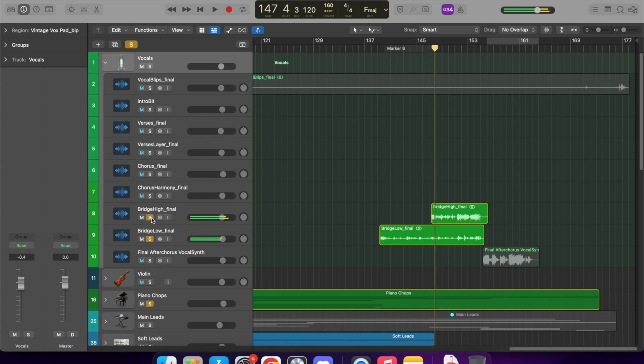So you hear how it kind of opens up to those higher frequencies. I just thought that it sounded cool. It kind of gave it a bit of a lo-fi feel. And then the vocals double as it gets more intimate, and you get this sort of art build-up that I really like.